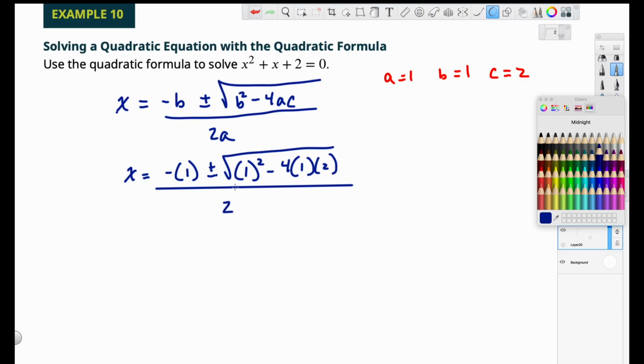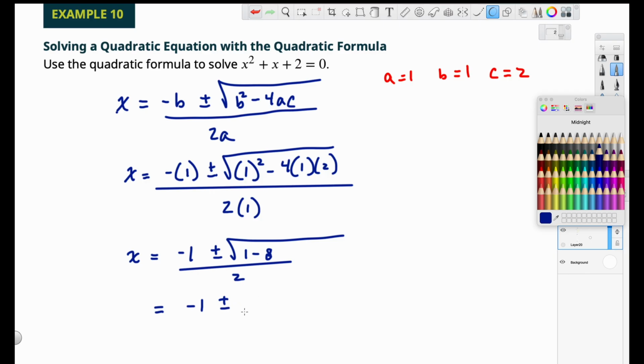You see what's going to happen underneath the radical here? What are we going to get there? Okay, 1 squared is 1, minus 4 times 1 times 2 is 8. Look at this. We get 1 minus 8. Negative 1 plus or minus negative 7